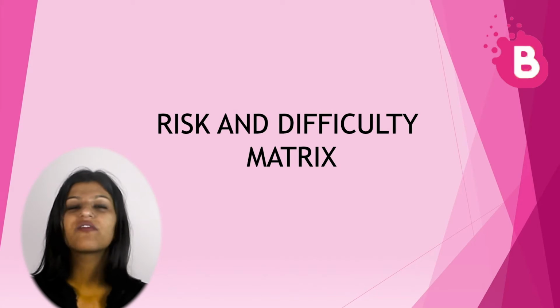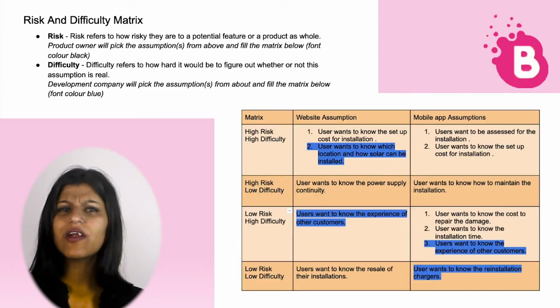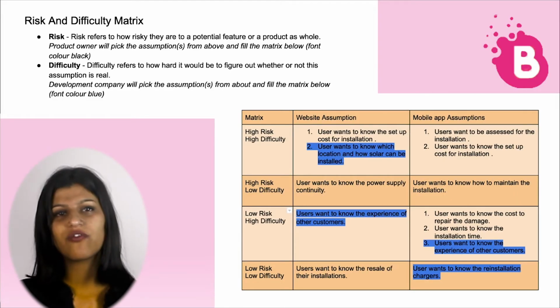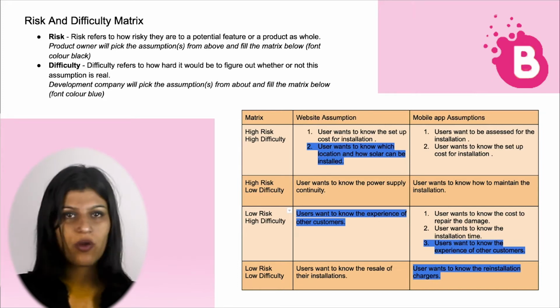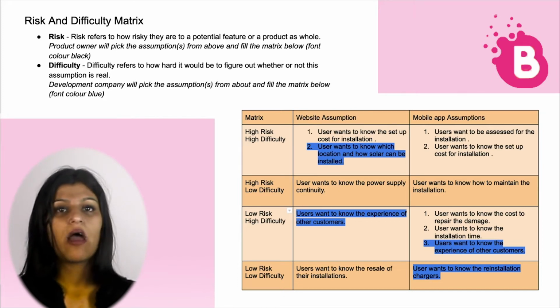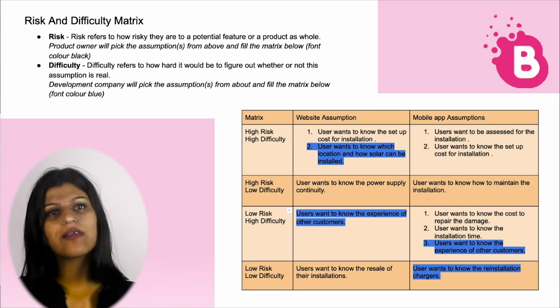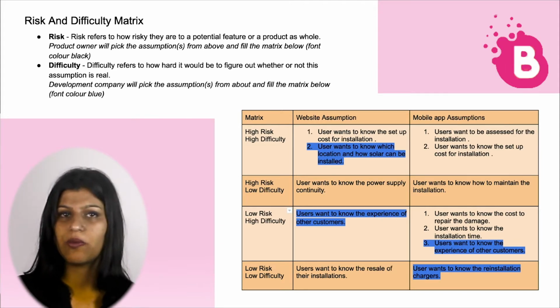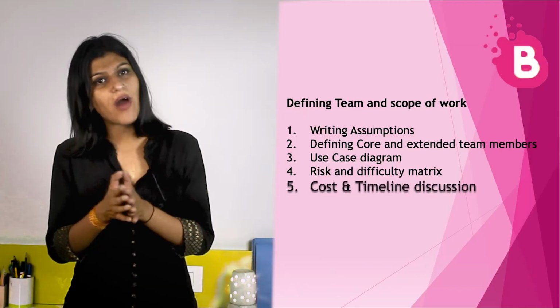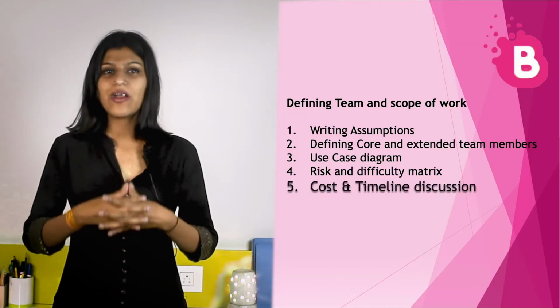The next step is risk and difficulty matrix. Risk matrix will help you to lessen the possibility of risk to optimize the performance of your product. It is given by clients, while the difficulty matrix is prepared by us. This will help you to prioritize the list of items and their applicability for your project. Now the next comes the price range discussions, where we will provide you the extent of time and cost.